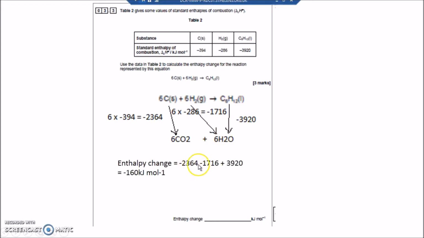So I've got minus 2364 minus 1716 plus 3920. I've got equals, and this will be in joules. So then I divide by 1,000 to get it into kilojoules, because it asks for it in kilojoules, or actually it doesn't ask for it in kilojoules, so you could leave it as 160,000. I could leave it as